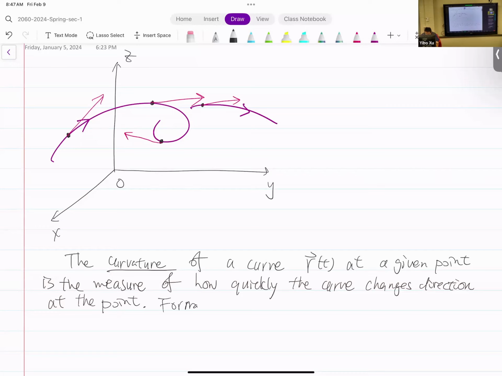Formally, it is the magnitude of the instantaneous rate of change